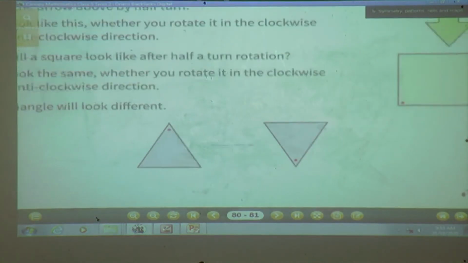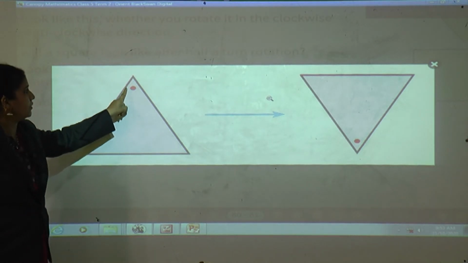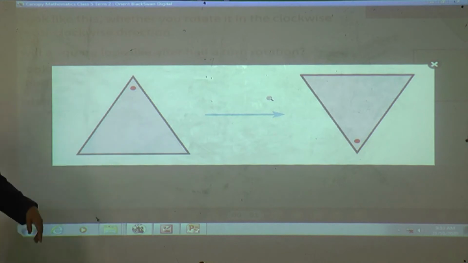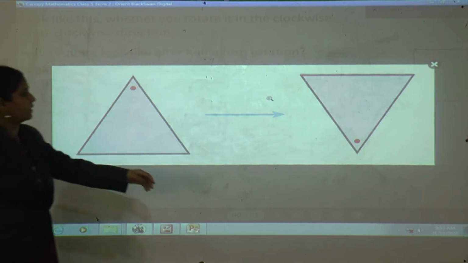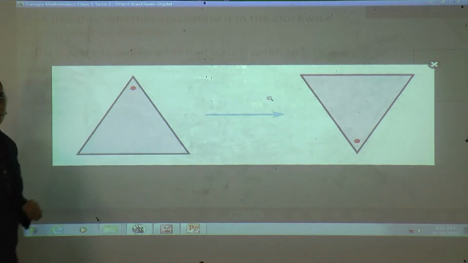Now see here, but a triangle will look different. Why? See, here is a red dot, and if you half turn it, the red dot will come here. That means the triangle will change its shape. Okay,